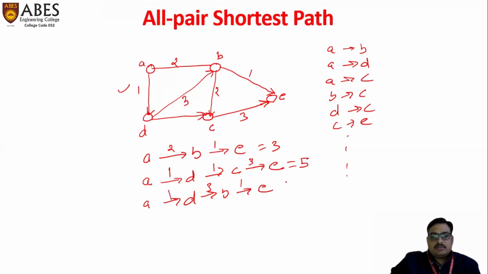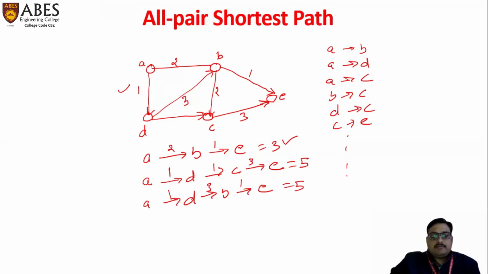So the cost is again 5. There are multiple paths available between this pair of vertices, but the shortest one is 3. So like this, our goal is to find out all pair shortest path, the shortest path between each pair